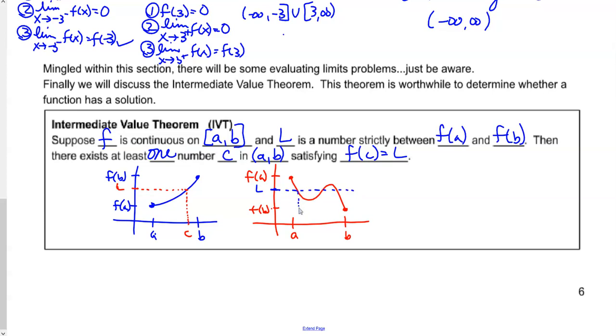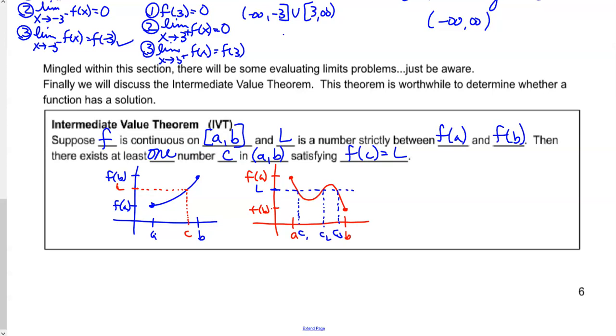In this case, I'm going to have 1, 2, 3 intersections. So call them C1, C sub 2, and C sub 3. This is a case showing you that there could be more than one C value between A and B that satisfies this theorem. Okay? So, we're going to use the intermediate value theorem to determine, on the next page,